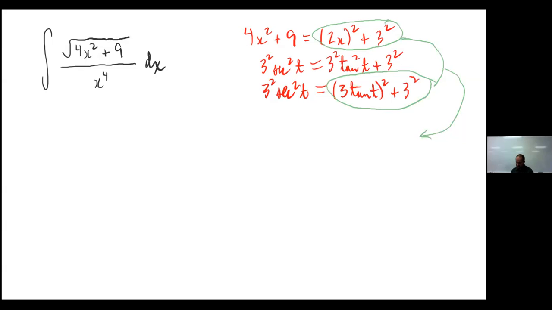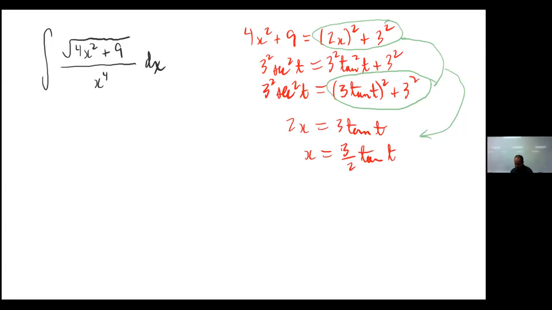What should 2x be equal to? 3 tangent t. Right, which is basically saying that x should be 3/2 tangent of t. Yes? We're just making sure that things line up properly so that we think of the right substitution. So if x is equal to 3/2 tangent t,